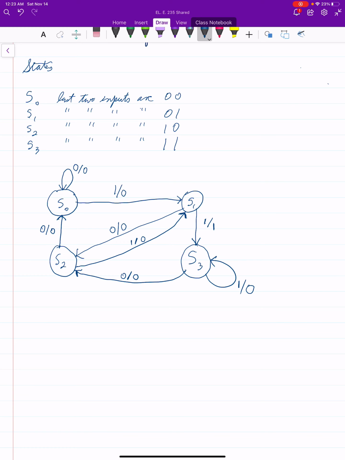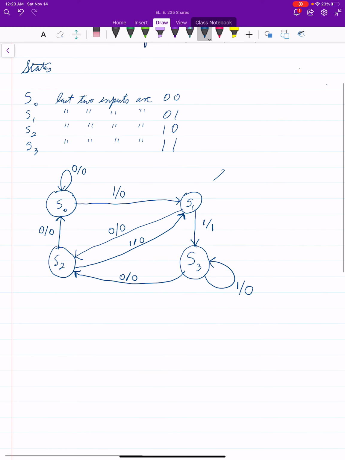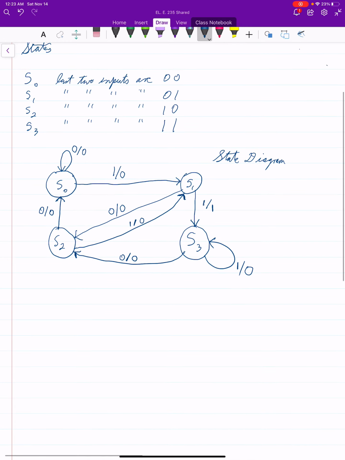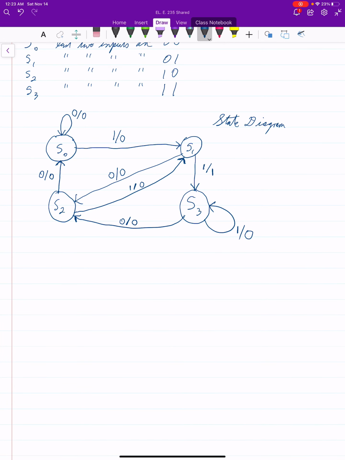So this is, again, what we call the state diagram. And then the state table is just the same information, really, but put in a tabular form. So we can say present state, next state,